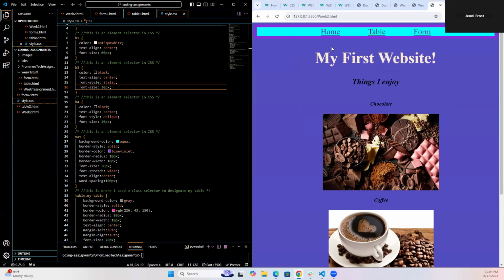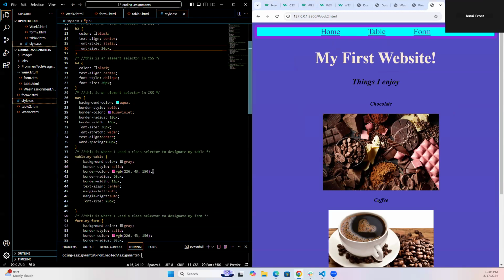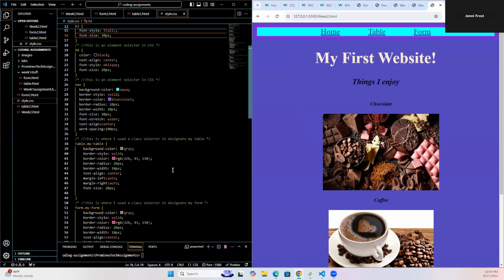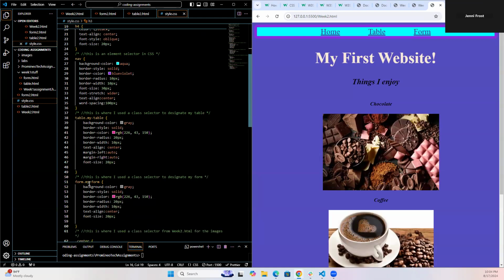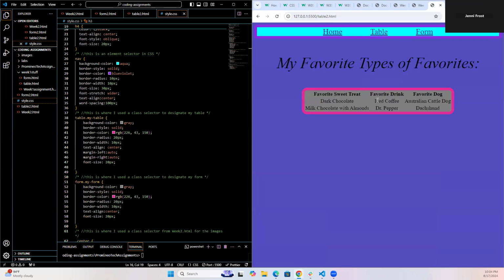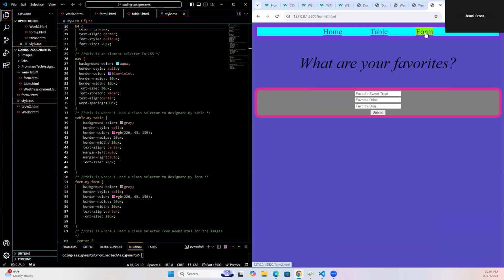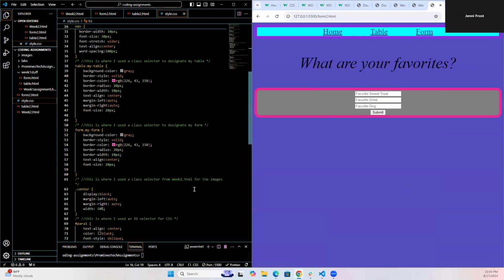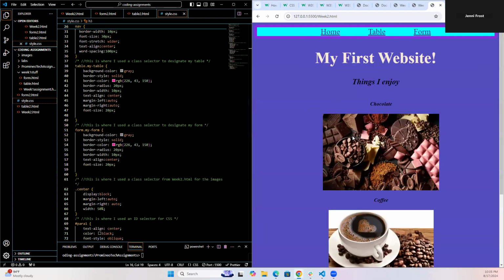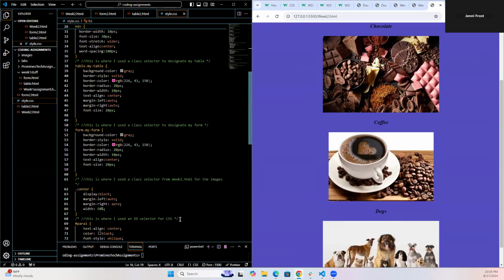You can see that. And then I had used the class selector that I had mentioned previously, my dash table, as well as a class selector for my dash form. So those will allow me to change and make the table and the form look similar, but a little bit different. And I also had used the class selector from the week2.html for the images. So I went ahead and lined those up in the center and